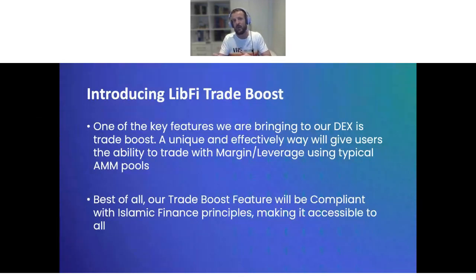margin is a tool that can be used to improve your ability to trade. It's the same as a tool that a businessman can use to improve their business, to invest in new machinery when they don't necessarily have the capital. If you understand that that's what margin is about, and what it's able to give you as a trader, it becomes a valuable tool for any trader to utilize. And it's why it's so important that we offer this capability on our platform, so that we can give everyone the opportunity to make use of margin and increase their potential.